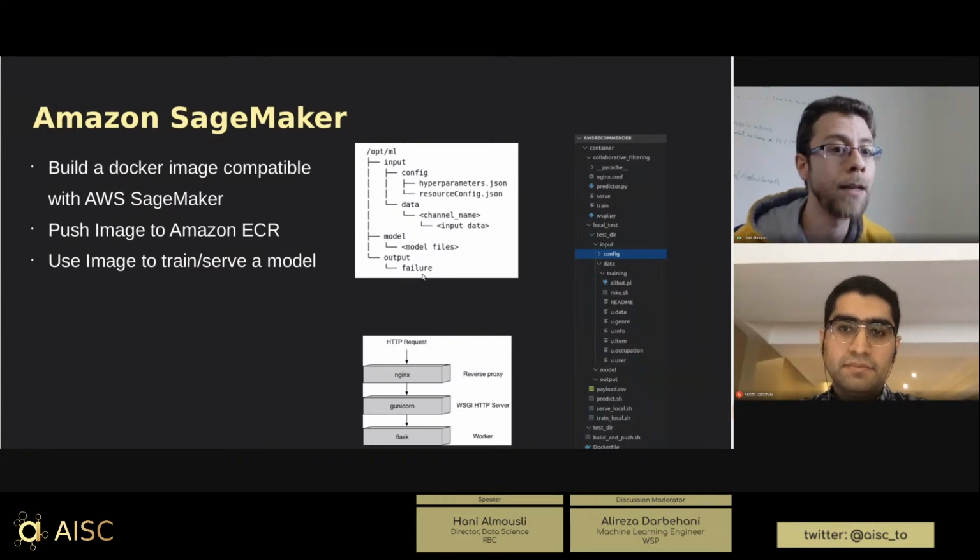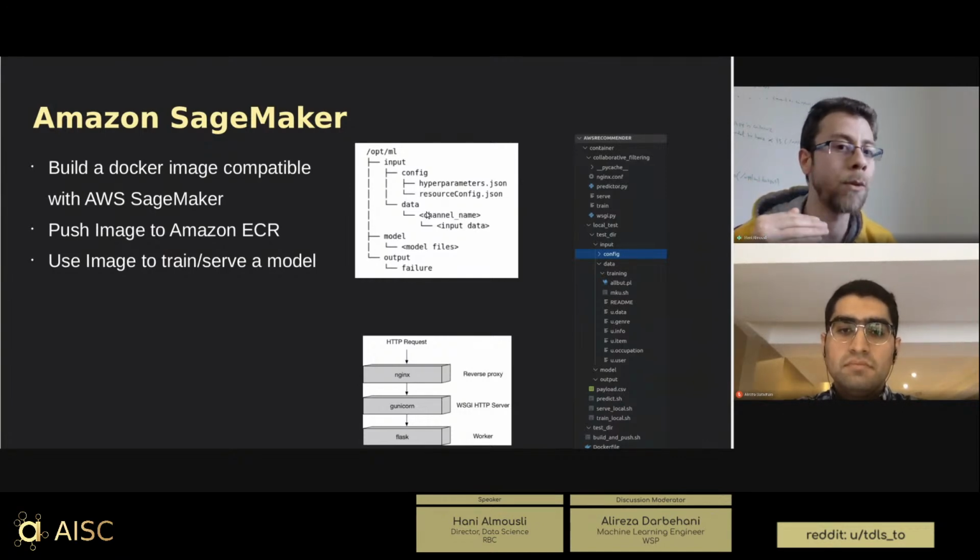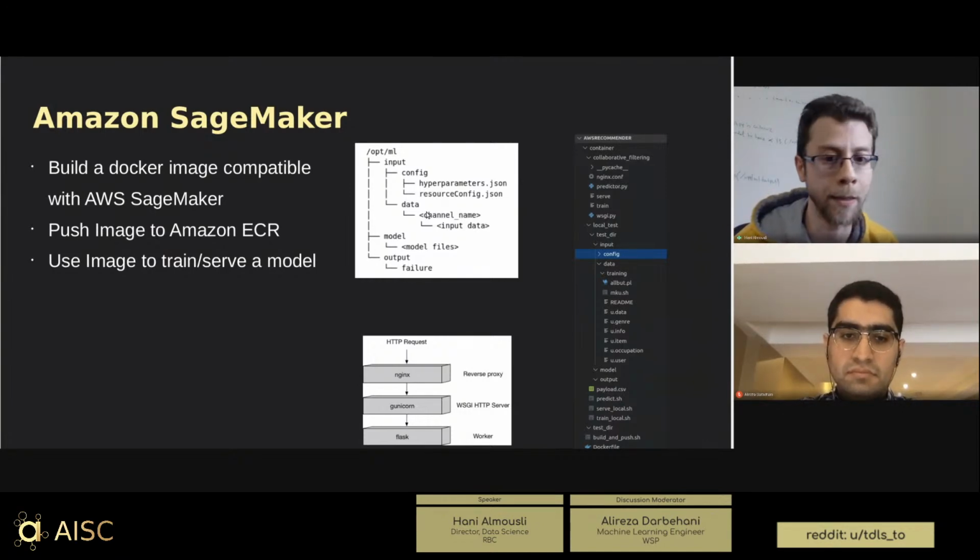And that's for training. So after the whole container layout is done and the mounting is done, it calls something called train. And that's what you have in your repository. You should have something called train and serve. And that's what will be called, where your model code is. And for the serving, again, you're very free to do whatever you want. If you're building a deep learning algorithm, maybe you want to use TensorFlow Serving. That's one option. In my example, I used Flask as a REST API with Nginx and Gunicorn and exposed it as a REST API.